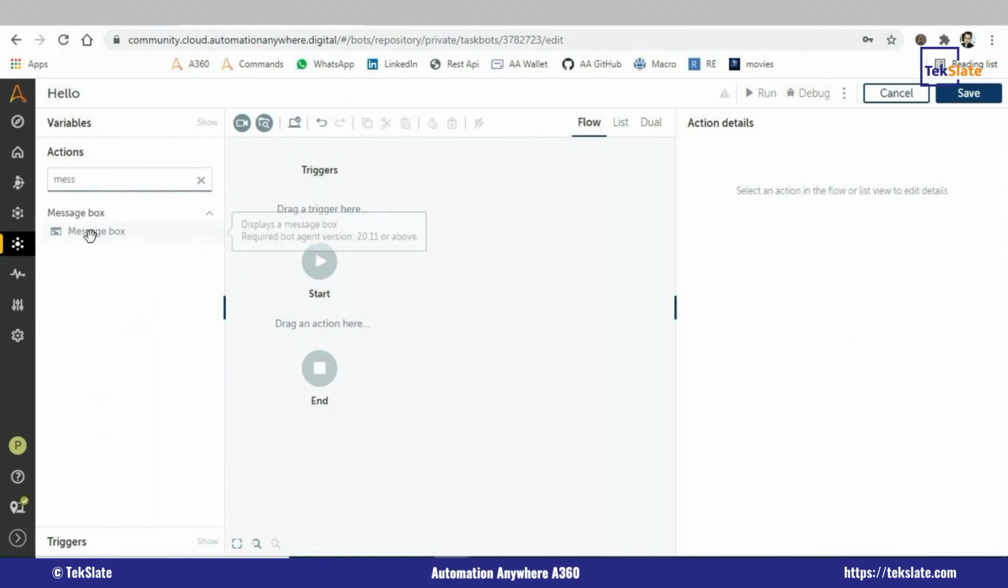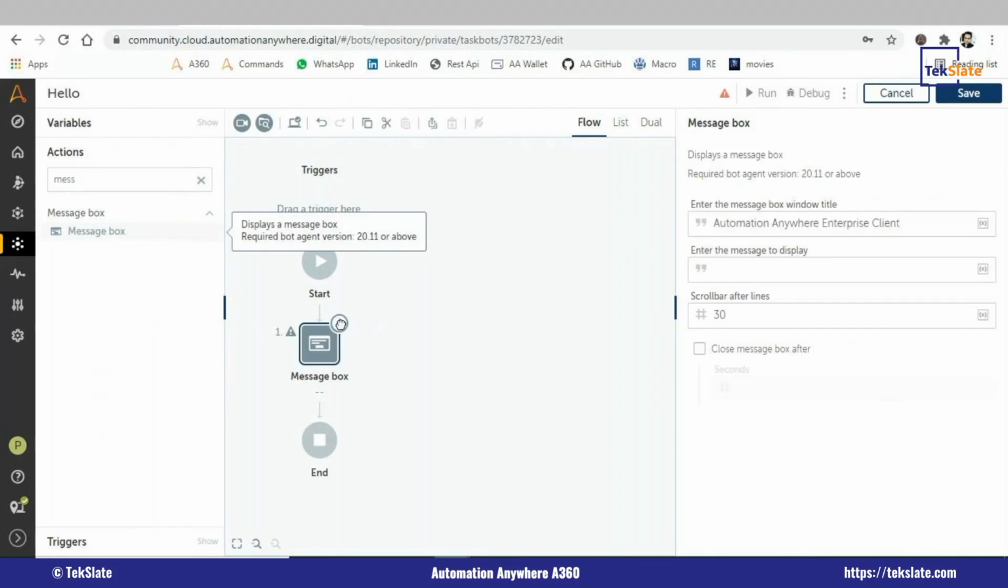So since this is a message box, I just type MESS and this message box appeared here. Whenever you want to use a particular command in the A360, once you are very sure which command you have to use, just drag it down to this coding area. Whenever you come to the coding area, you have three options